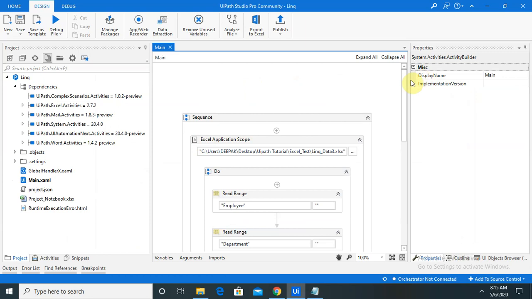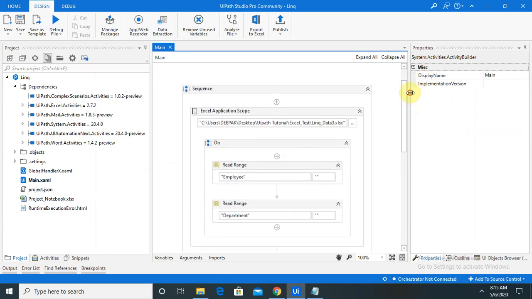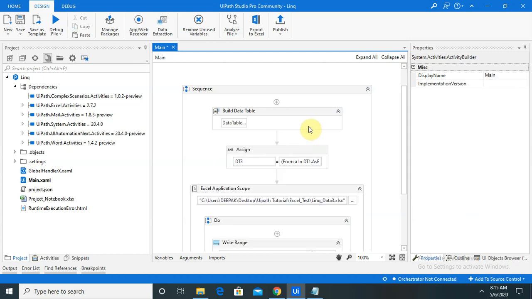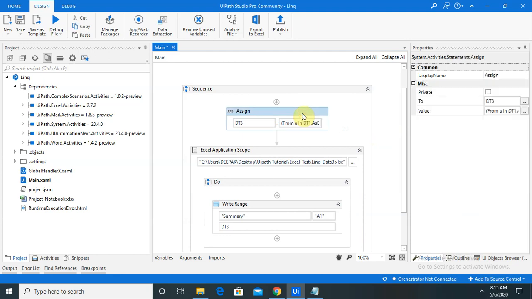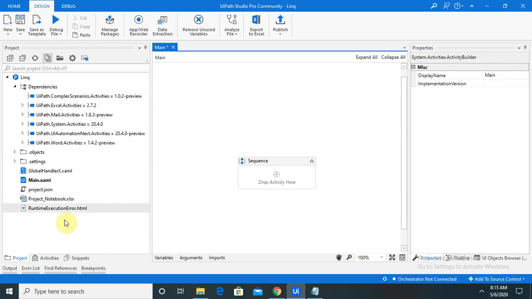Close that sheet. Let me delete all the activities and create them in front of you so that you will also learn how to create this. Now you can see I have deleted each and everything.